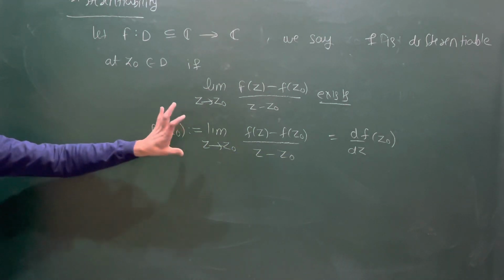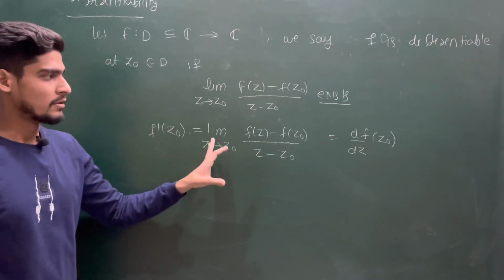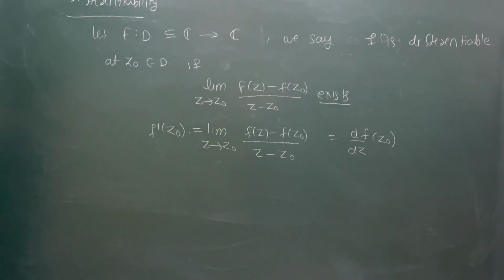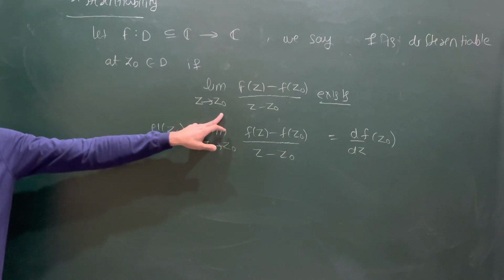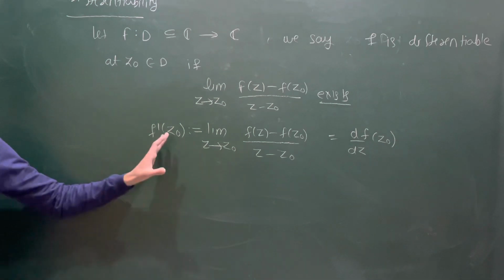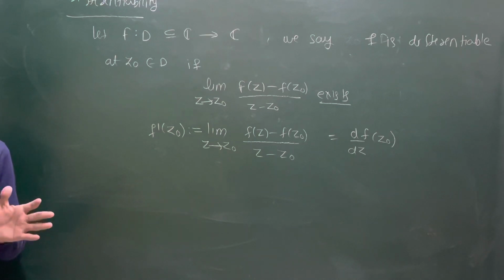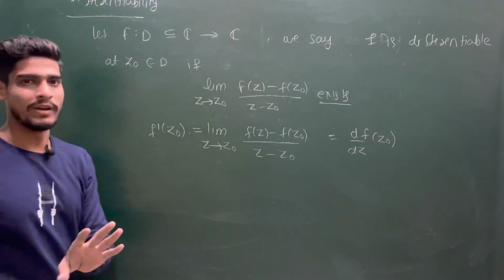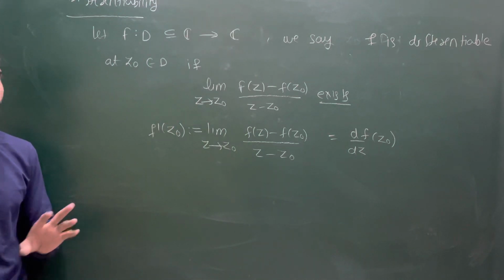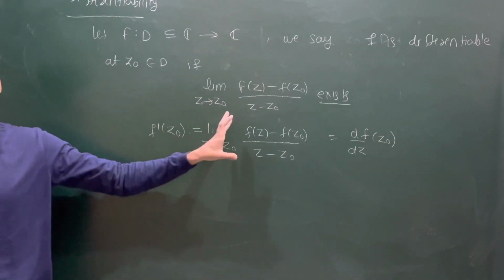So this is the most basic definition for the differentiability. Somewhere it will work fluently, but somewhere you may not be able to use this property directly. You use this definition directly, but you may get stuck at some complicated problems. So we will be dealing with some nice properties for the differentiability of complex functions. Now the complication will start, because till now you haven't felt any complication in complex analysis, but from this part the complication will start. You have to be very clear, you have to be from the very basics.